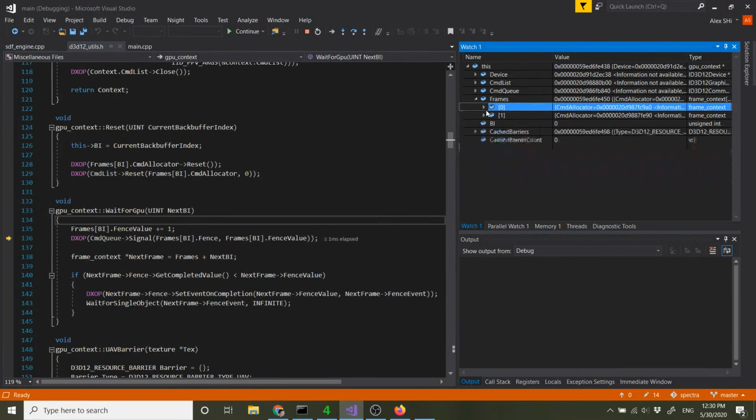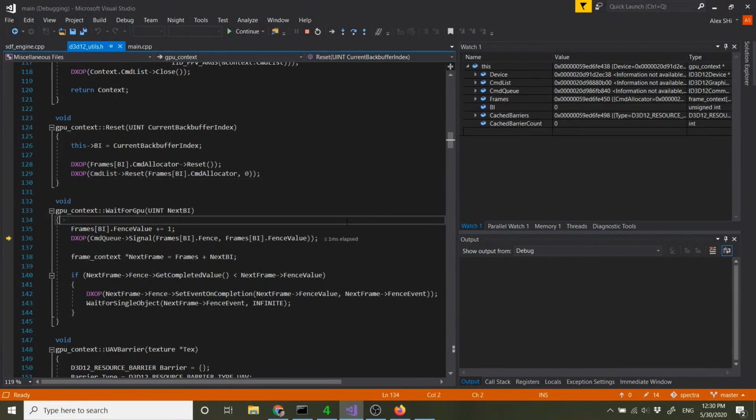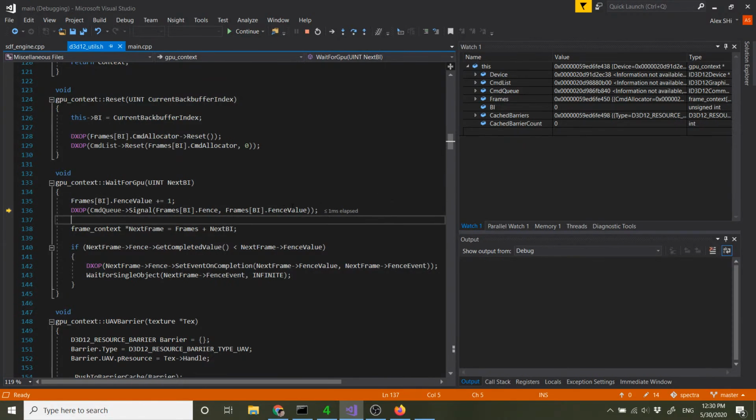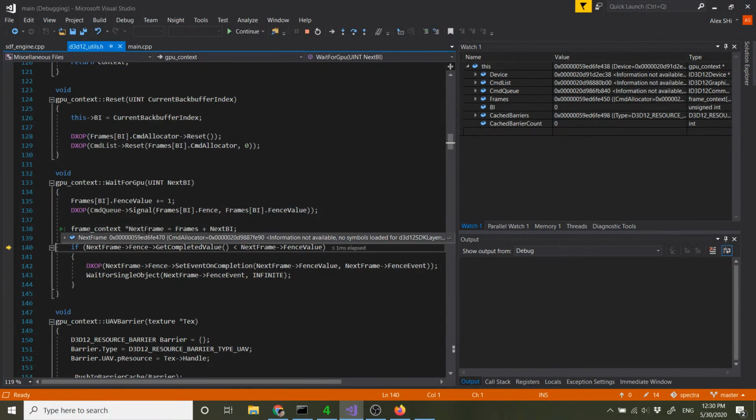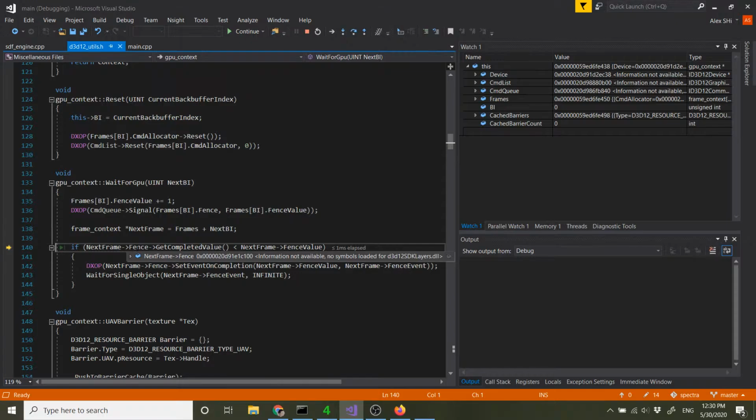Fence value 0. Okay. So I was just checking what the next frame will be. So the fence value is 65. Now the command queue will signal the fence for the first frame context, I mean frame 0. Okay, so fence 0 is waiting on frame 0, right? Now next frame is going to be frame 1, and we're waiting on frame 1's fence to reach the